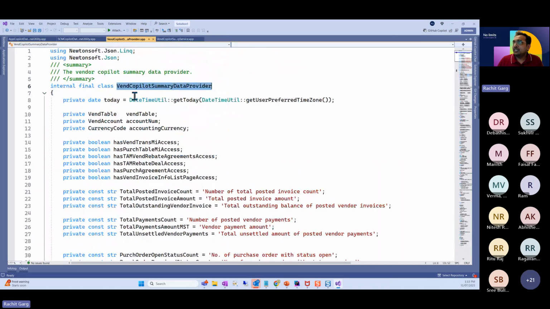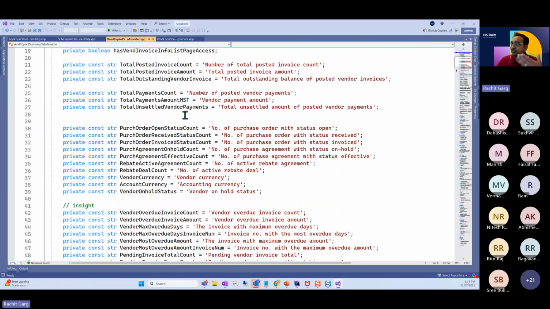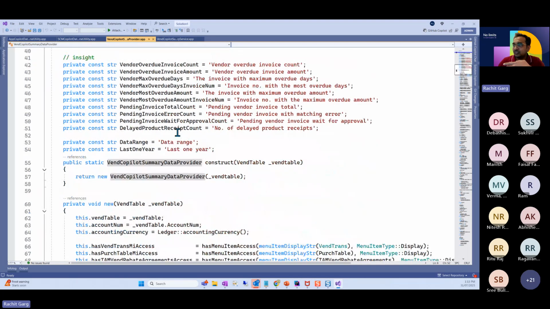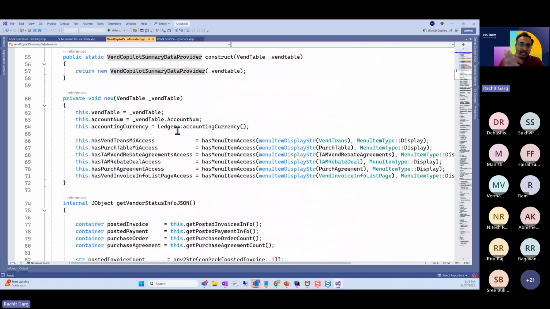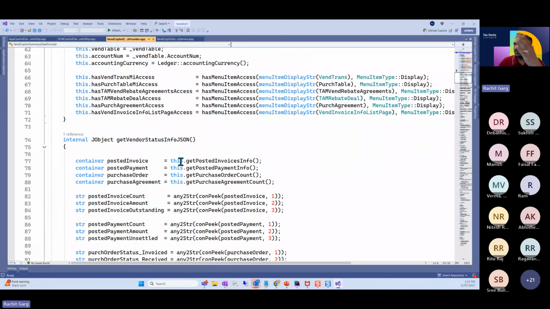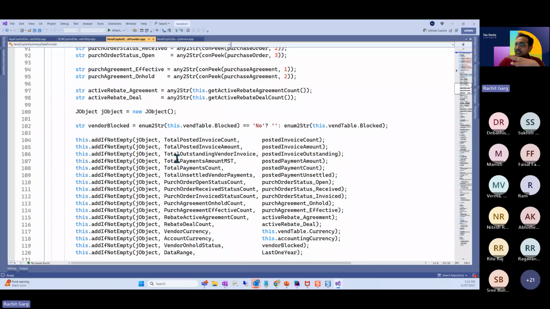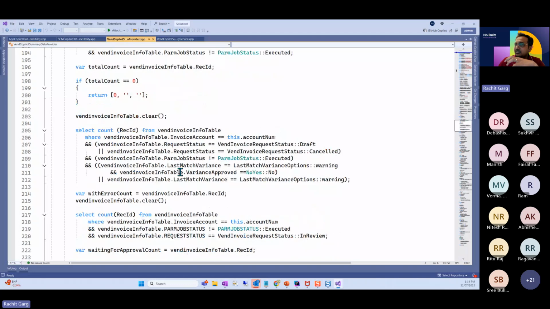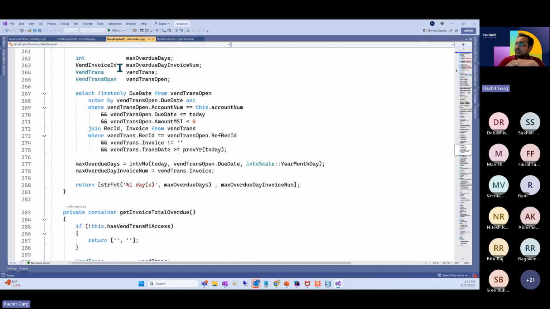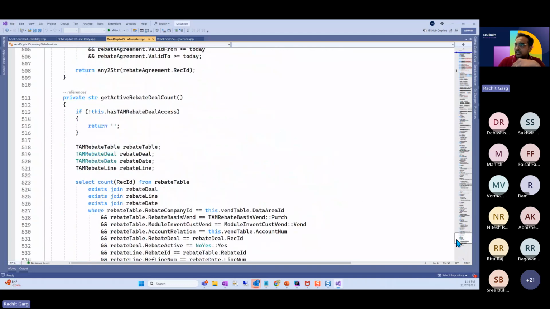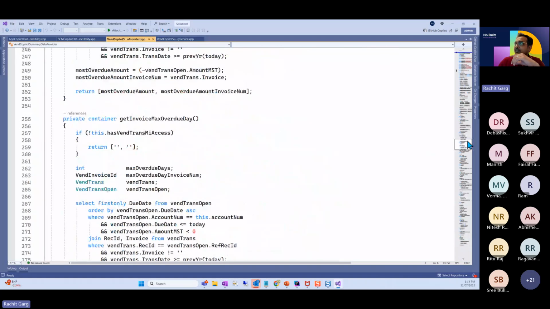As you will see, what happens in finance and operations is these classes are called, and these classes actually calculate all these values, which are then tagged in a list and sent to Dataverse using IOrganizationService. So this is a little bit technical, but just to give you an idea that whatever is getting summarized is first calculated in finance and operations using X++. As you see, there is this class which quickly calculates everything.